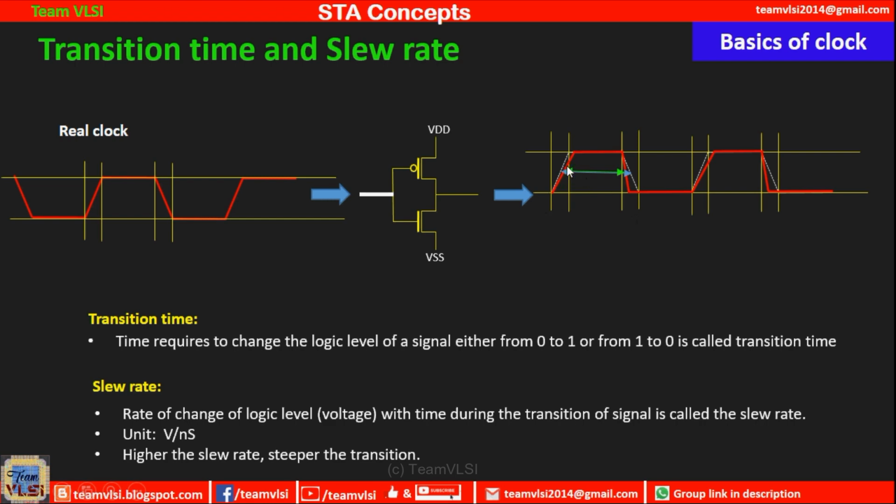Rise time and fall time are balanced on such clock inverters and buffers. Definitely its size will be larger, as we need to increase the width of this PMOS to match the current with this NMOS, to match the fall time, right?